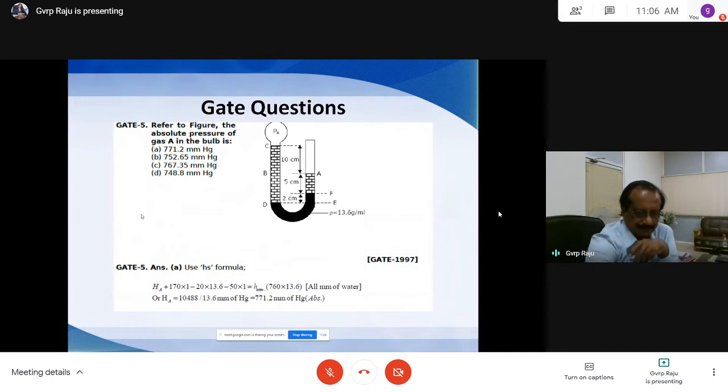So refer to the figure here. The absolute pressure of the gas A in the bulb is